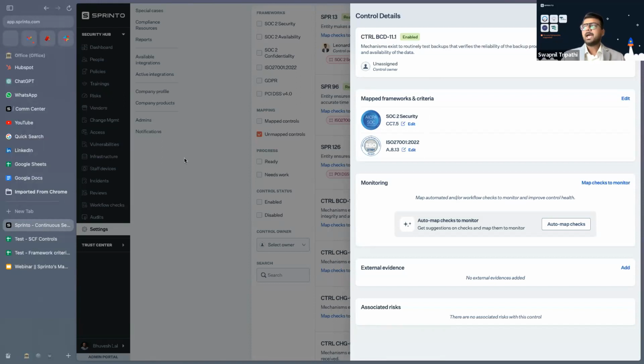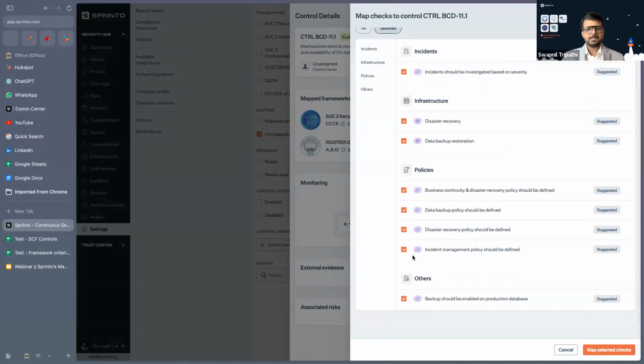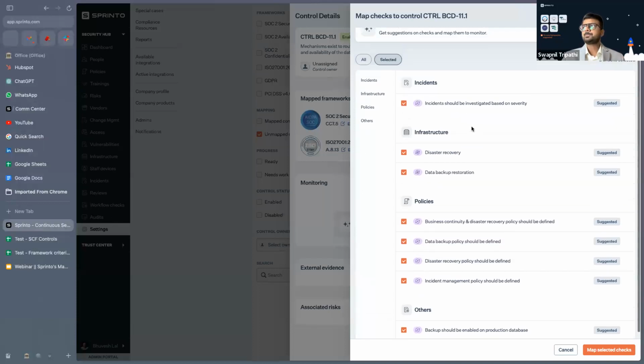Because we know these frameworks, and we have checks and maps according to these, we can tell you. When I go to auto map checks, the tool is telling me that if you map this, you are collecting all the evidence required because this is what it is mapped to, right? So this is what magic mapping is.